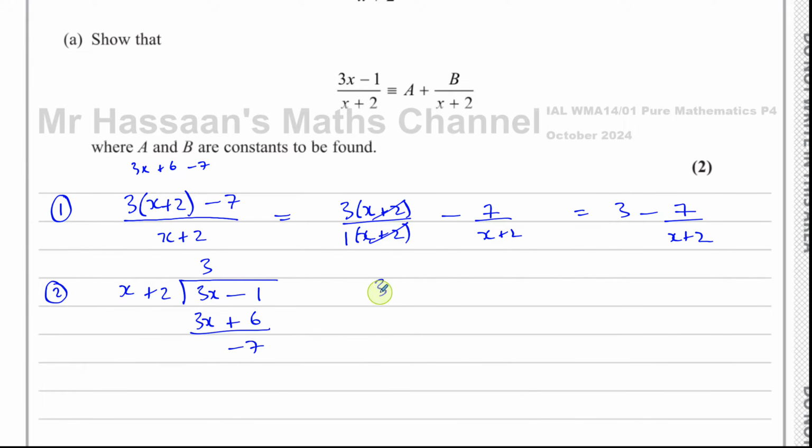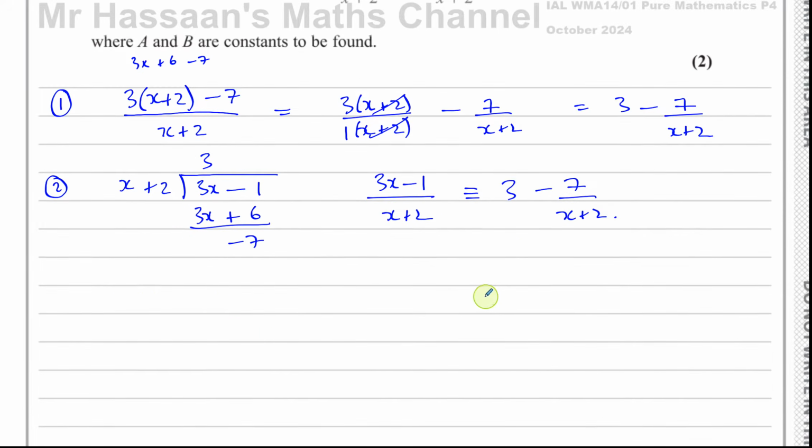So we can say that (3x minus 1) over (x plus 2) is identical to the quotient, which is 3, and the remainder, which is minus 7. So you have minus 7 over the original denominator, which is x plus 2. Okay, so that's using long division. And a third way we can do this